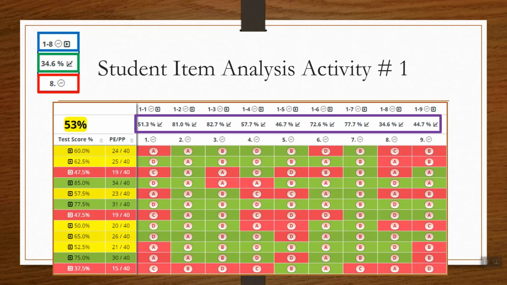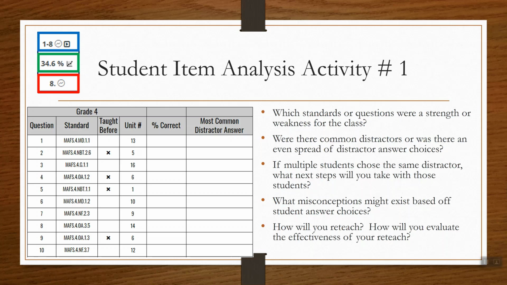So let's take a look at a few activities that can be helpful. Here you see an image of a student item analysis report from a diagnostic or a midterm exam. The purple box accentuates the overall percentage for the school or class on each of the questions. By simply taking this document from Blender and adding a few essential columns, now I have a short activity for